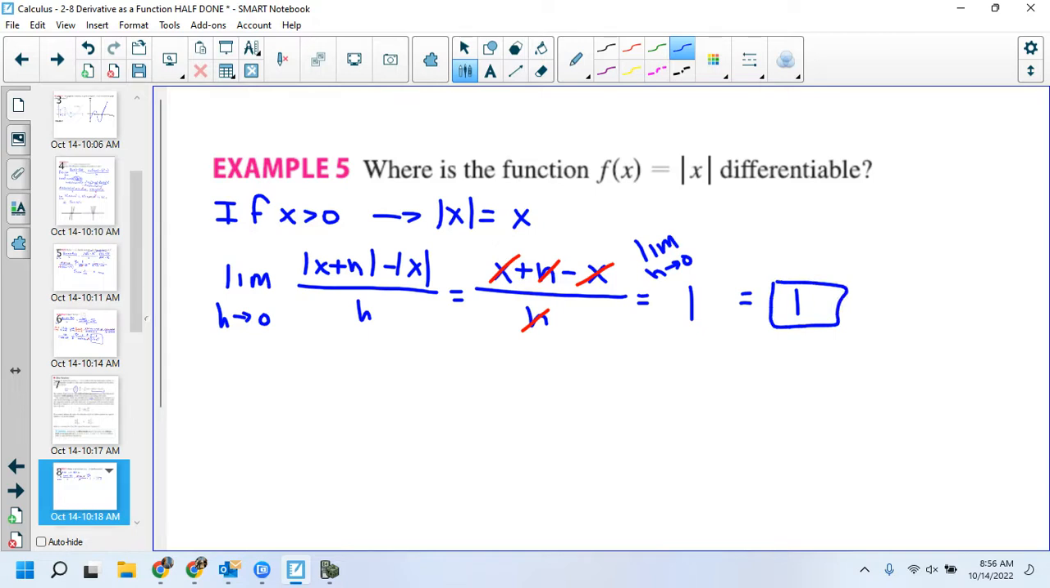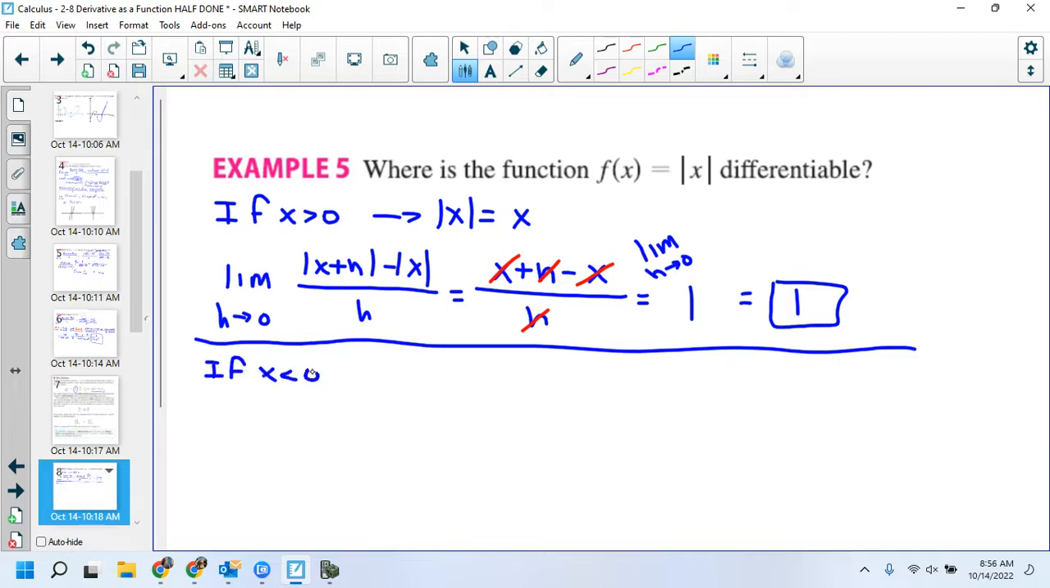which makes sense. Think about the graph of the absolute value. Think about the V shape. What's the slope on the right side? 1. Does it ever change? No, it's always 1. The derivative of the absolute value of x is always 1 on the right side. Okay, let's consider